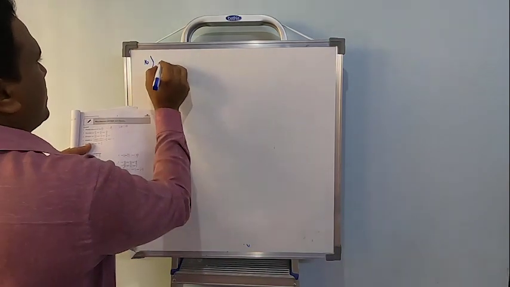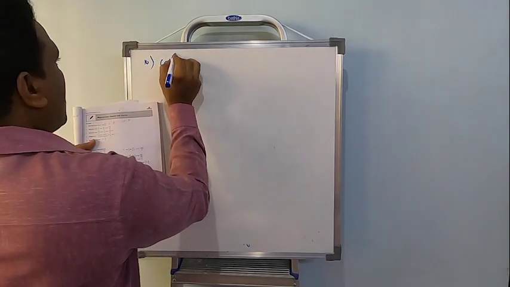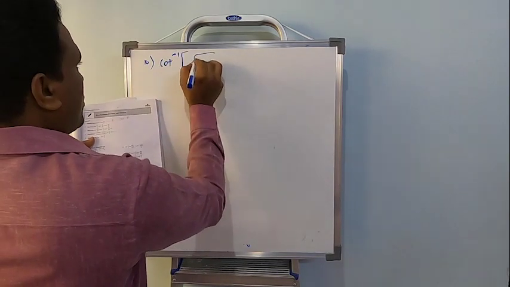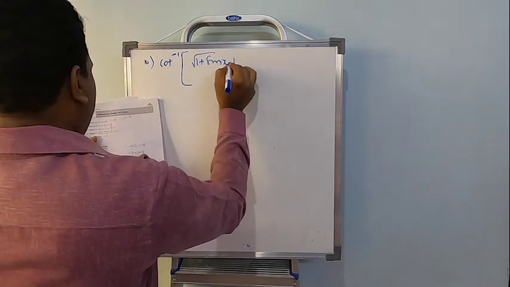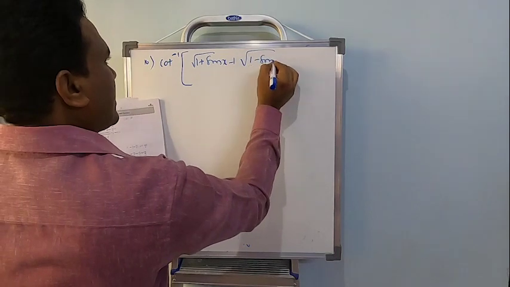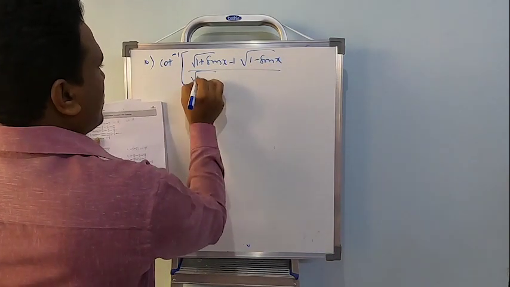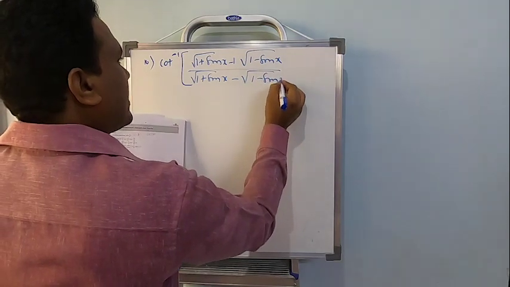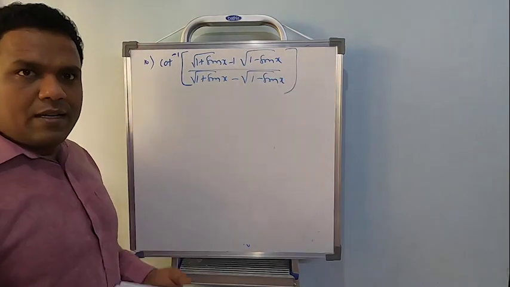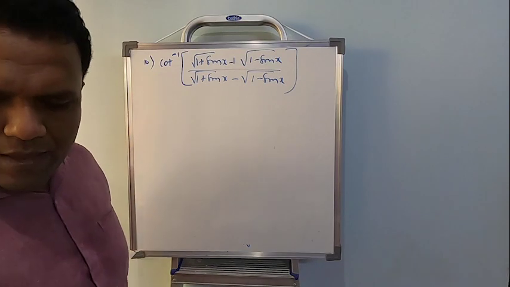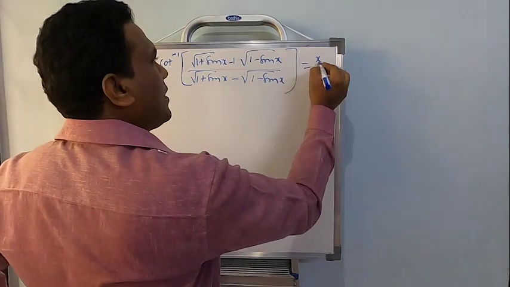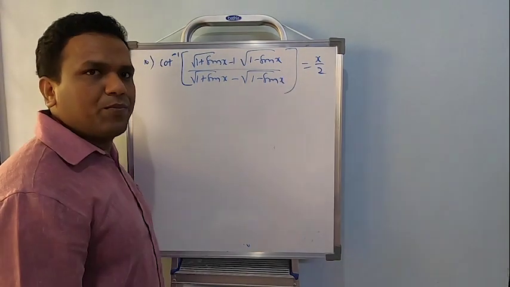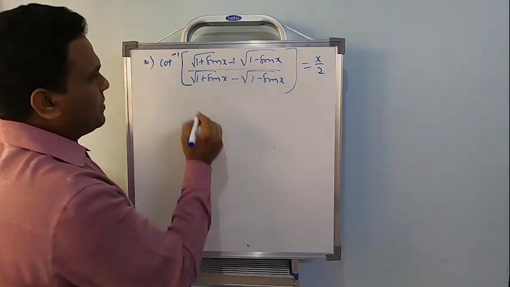It's again prove that. What is being given is cot inverse of (root of 1 plus sin x plus root of 1 minus sin x) divided by (root of 1 plus sin x minus root of 1 minus sin x). Let us keep simplifying, and it's a bit lengthier one. Finally, I need to show the value will be equal to x by 2. The process starts by